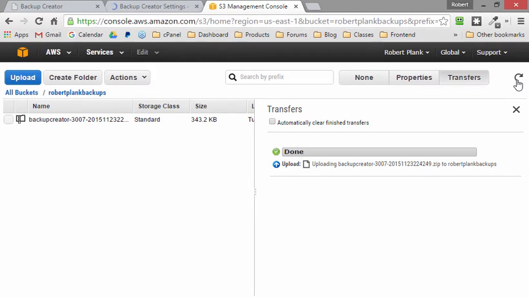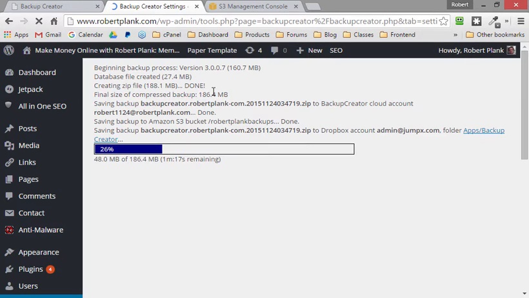While Dropbox is cranking away, we can go back to our bucket here, click on this loop-de-loop to refresh it, and cool, now we have the backup from robertplank.com right there in our Amazon S3 bucket. So when we click on the backup button, it backs up to our cloud storage, it backs up to Amazon S3,